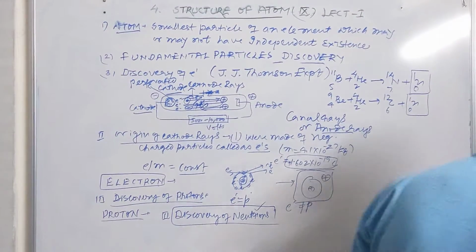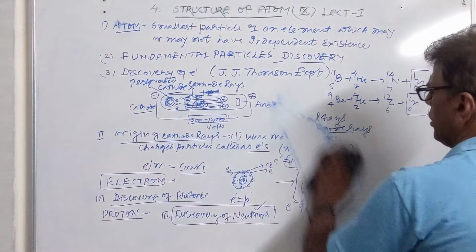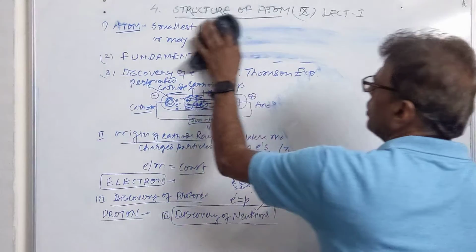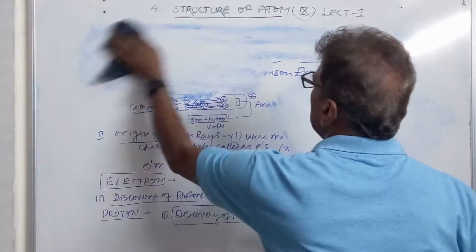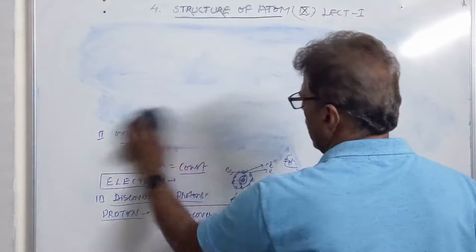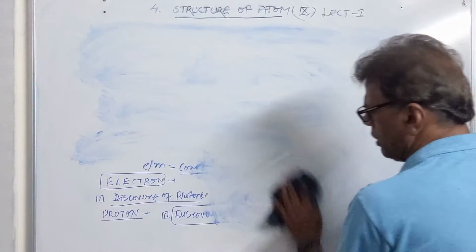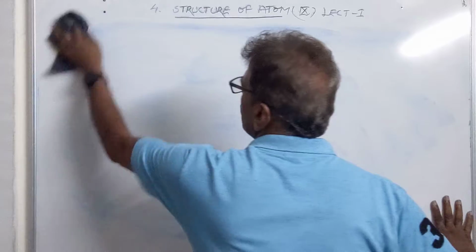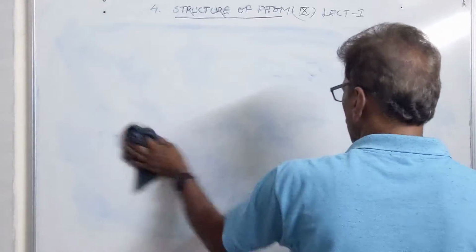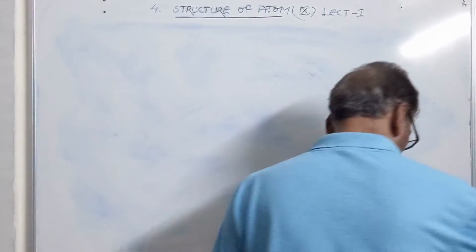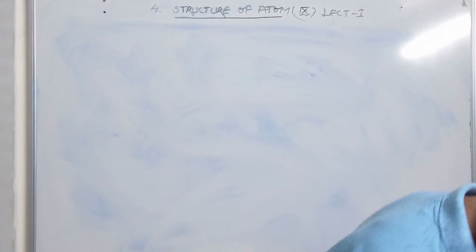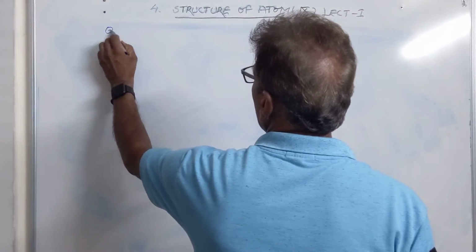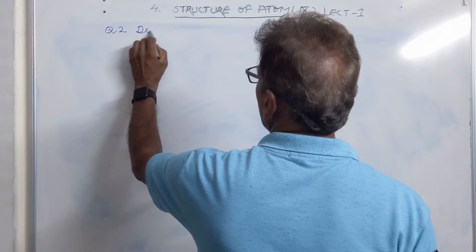Now, Rutherford's scattering experiment was performed after the Thomson model. First of all, Thomson did the experiment, after that Goldstein and Chadwick discovered other fundamental particles of the atom. Then Thomson was the first scientist who gave the model of atom. So we will first of all consider the Thomson model of atom. So this is our question number 2, define Thomson model of atom.